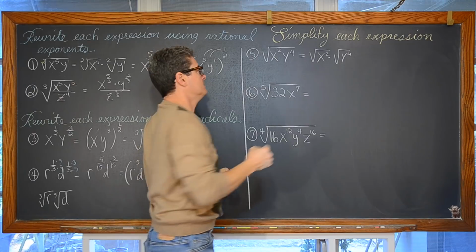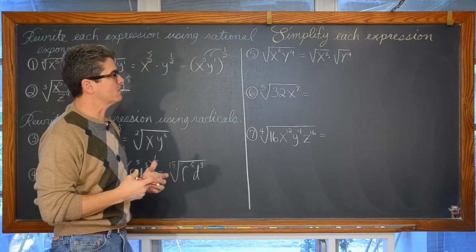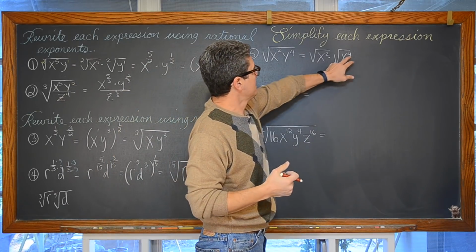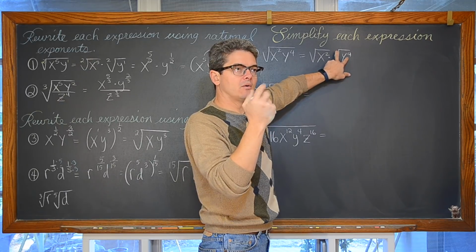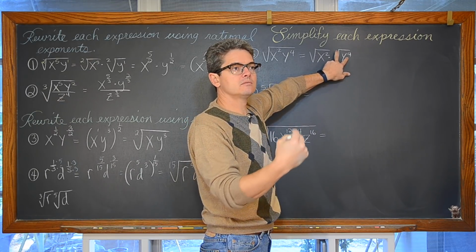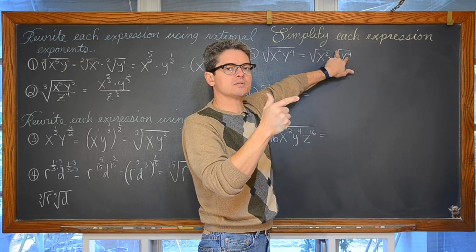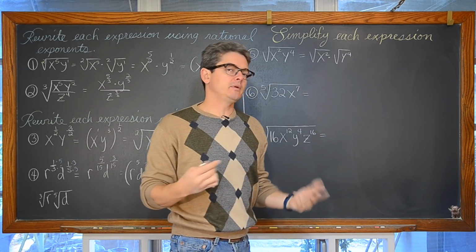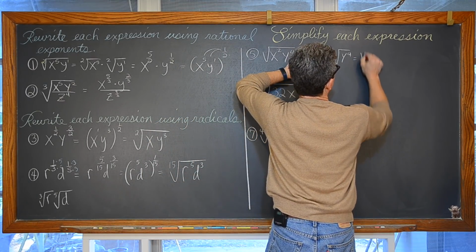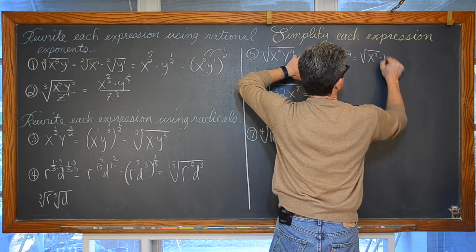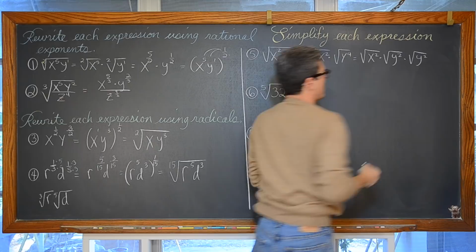Okay, now technically we've expanded that a little bit, giving each of those factors their own radical, but the note said something about the nth root of x or a variable or some base to an nth power. So the root and the index was the same before we started talking about whether we needed absolute value symbols or not. So let's expand this a little bit more and write the square root of x squared times the square root of y squared times the square root of y squared.